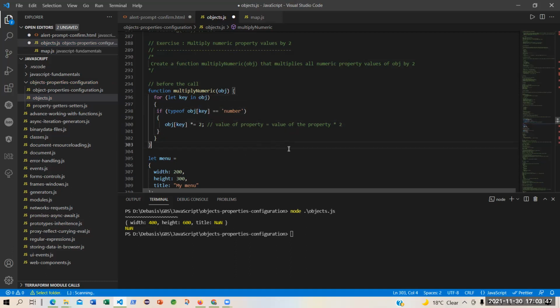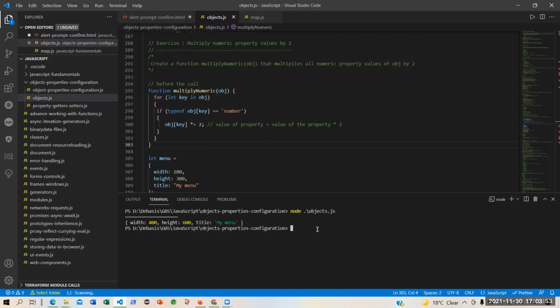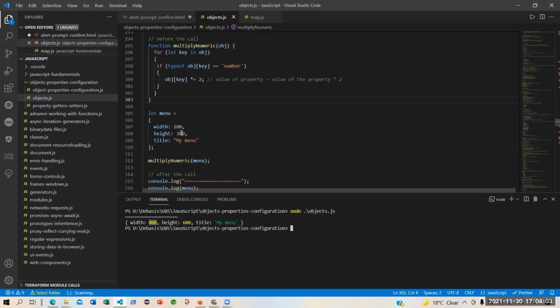Okay, so let me run this. Yeah, so you see this remains my menu. Though they have changed from 200 to 400 and 300 to 600, this remains the same because I have ensured that only the numeric or integer properties will have their values changed.